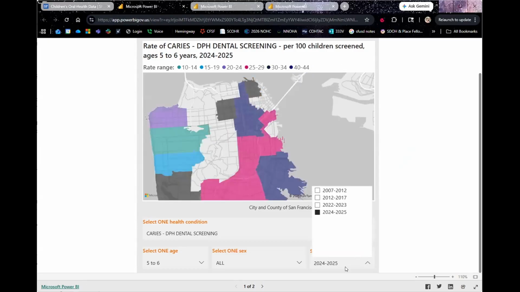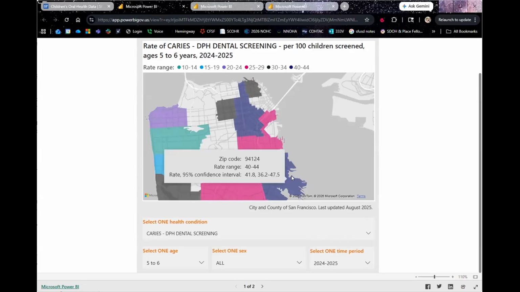And so if you look then at 24-25, so that's last school year, you'll see that the scale doesn't even go up that high. We have a couple of neighborhoods that are now at 1 in 10 kids with caries. Even Chinatown, Southeast, right? We went from 1 in 2 in the Southeast to 2 out of 5.